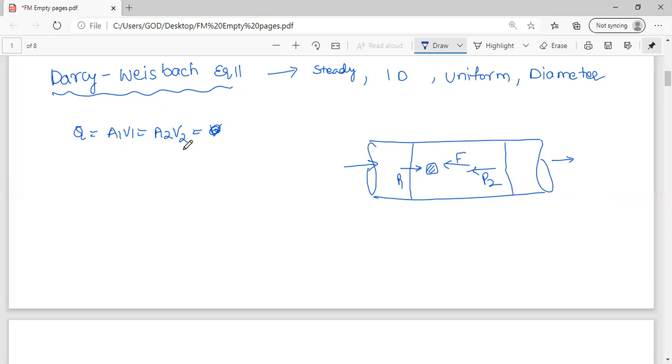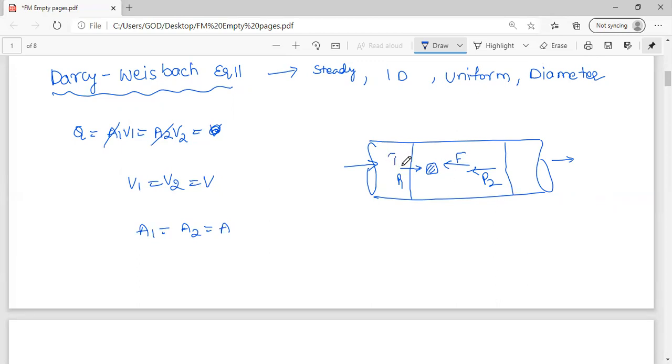For that, Coriolis coefficients are there, that you have to use. So if you observe here, when areas are constant, velocity is also constant. That we know. So from this I can write A1 is equals to A2, which is equals to A, as well as V1 is equals to V2, which is equals to V.